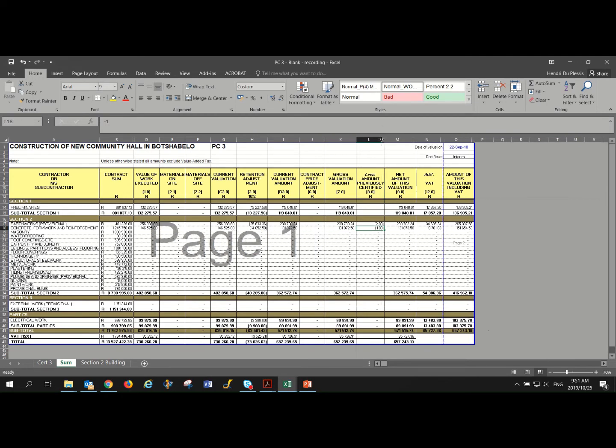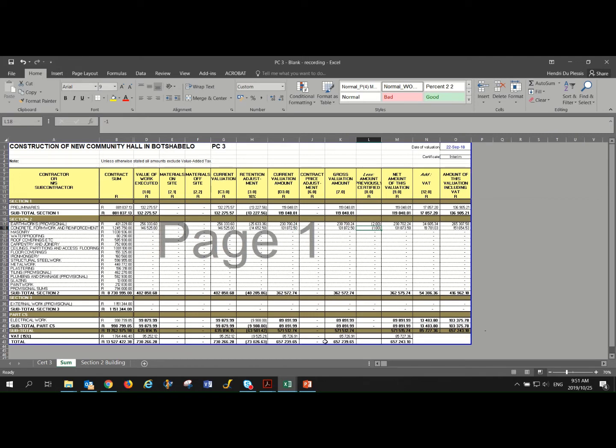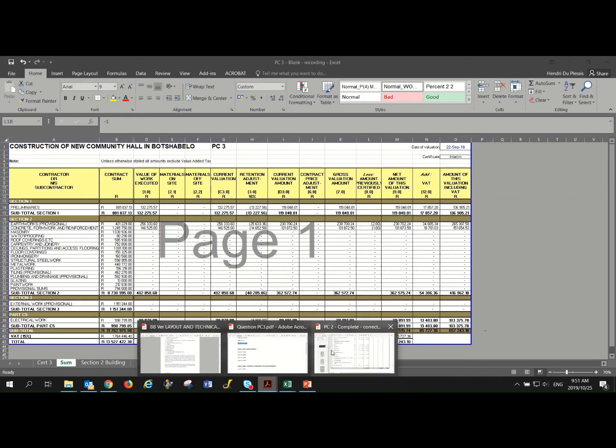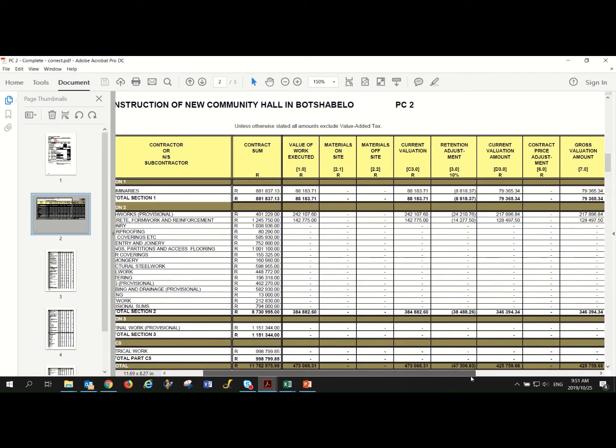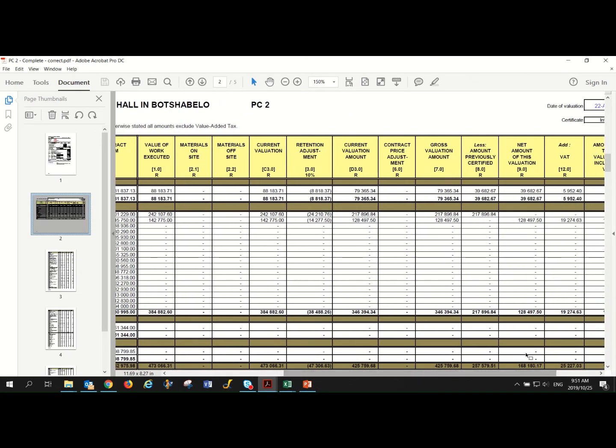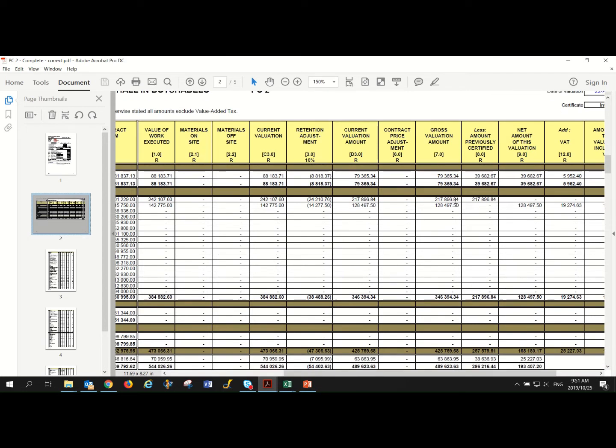I'm just going to do this, otherwise it's going to slip out. So let's look at what our previous certificate said. So here's payment certificate 2. We need to make sure that we've got these amounts correct. So our gross valuation is the 79,000 and 217 and 128,000, which we are going to